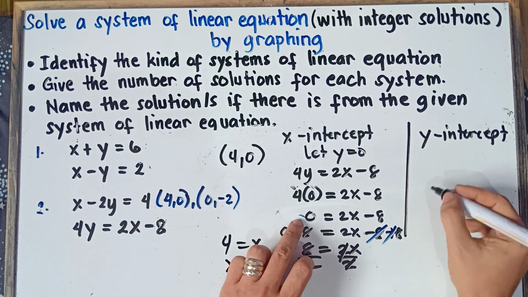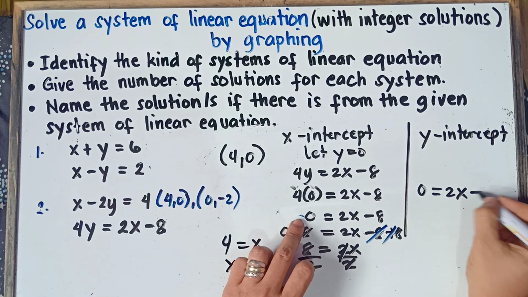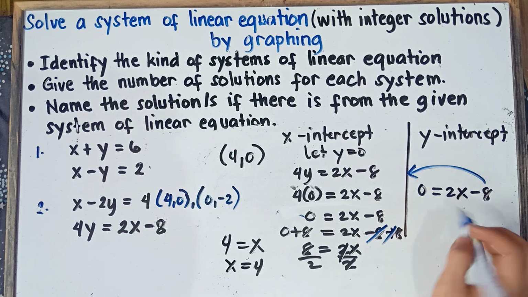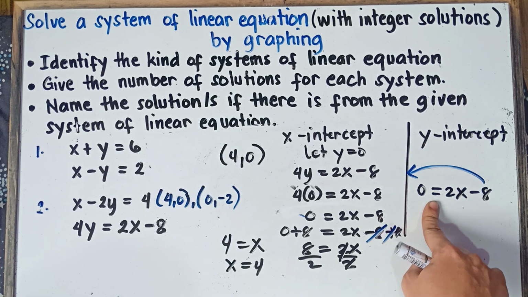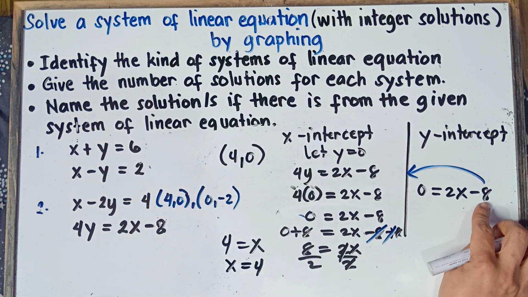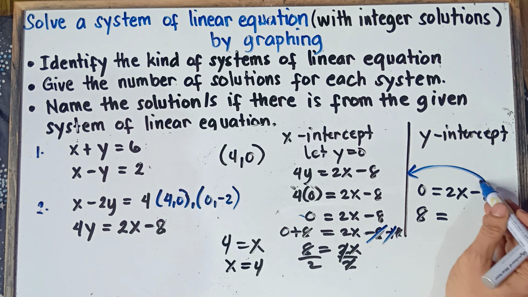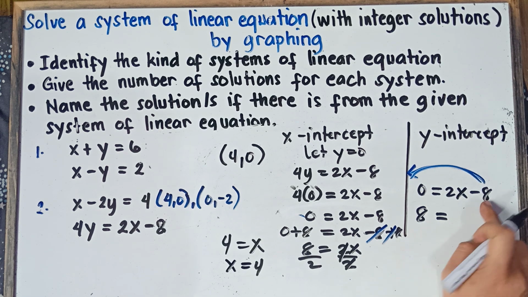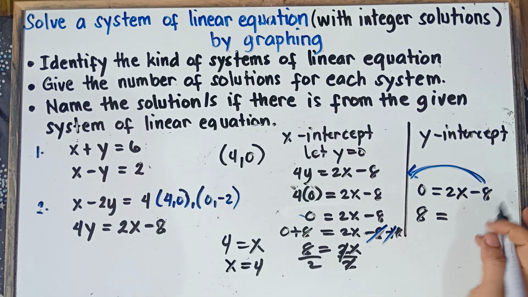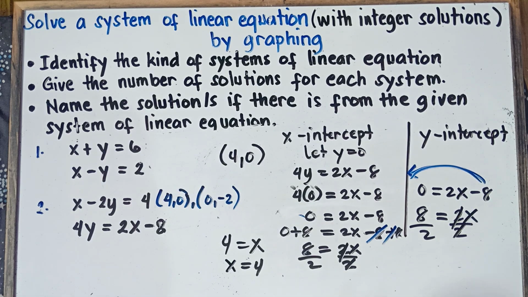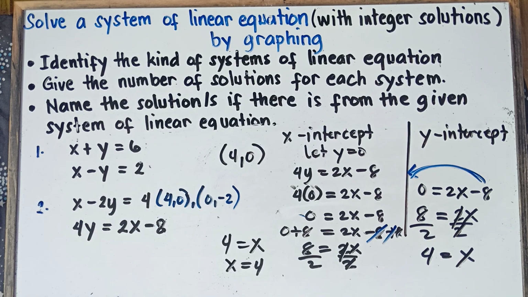Alright, so other solution in this one, 0 equals 2x minus 8. We can just simply transpose this negative 8 from right to left. Once you transfer from this equal sign, you change the sign. So this is negative 8, it will become positive 8. Simply copy 2x. To get the value of x, we divide both sides by 2. Cancel this out. 8 divided by 2 is 4, equals, simply copy x. You will have the same answer, class. Okay, it's up to you, class, which do you prefer.